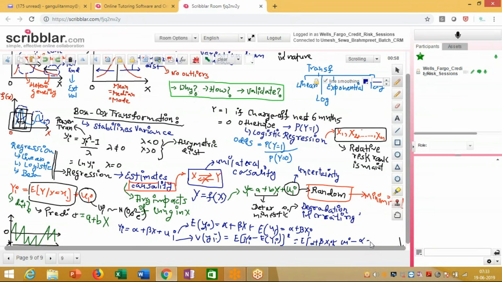Now the mean was alpha plus beta xi, so if you open the bracket, it is alpha minus alpha minus beta xi. So everything cuts out, and you only have expected value of ui square, which is nothing but